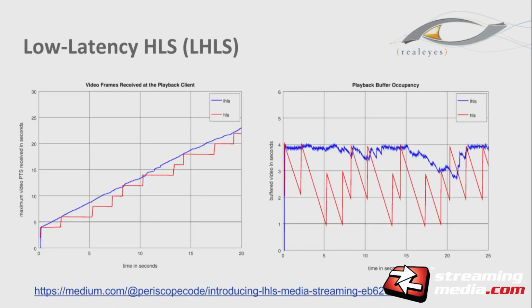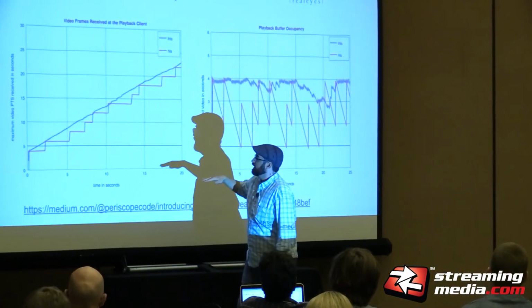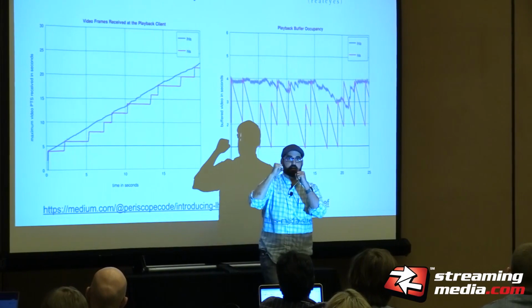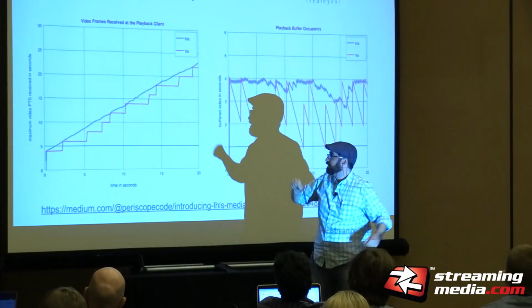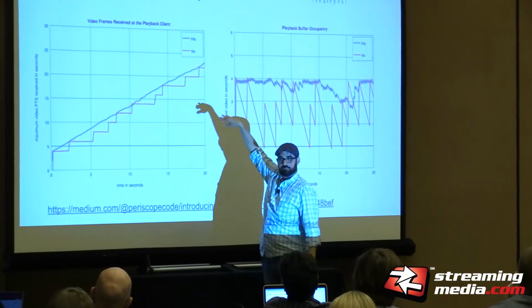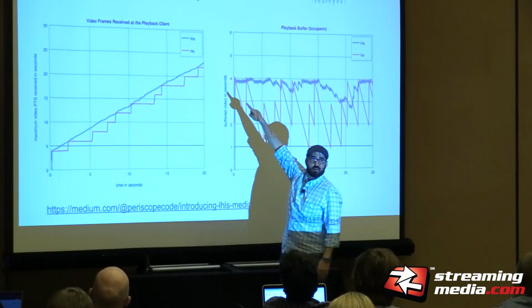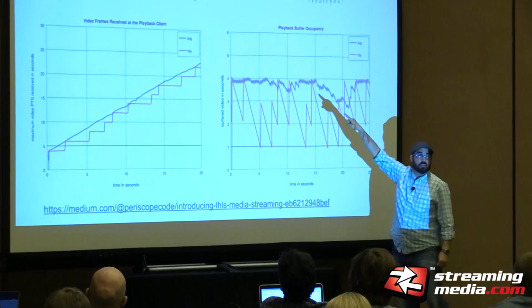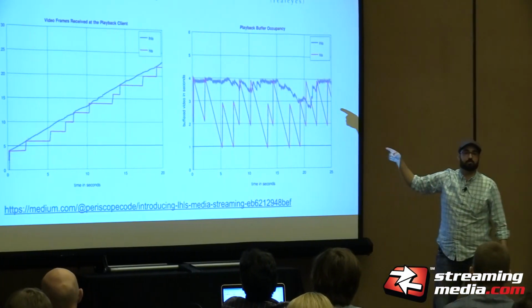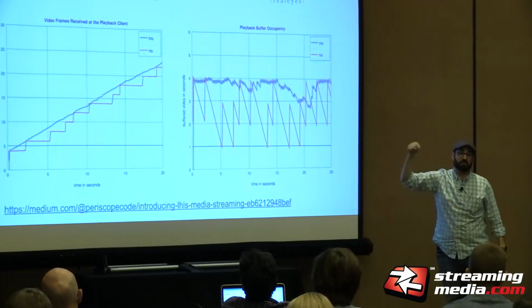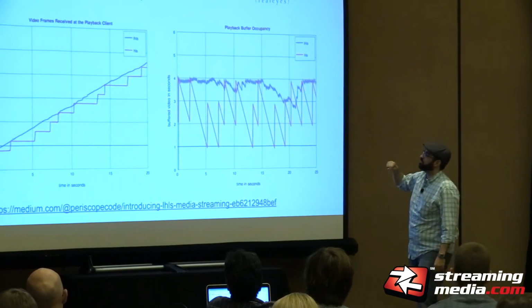Now, if we actually look at what happens when you start using LHLS, this is what happens. In the traditional realm for video, receiving and playback of content, everything comes in bursts, right? I get 6 seconds or 2 seconds, and I get to play it. It's very ladder-like, in segments. Well, now we're able to get a more linear line. We get to keep that consistently going. And that also means that as we have fluctuation, we're better able to handle it as we go, versus having fluctuation at the wrong time and now our segment got pushed back further.